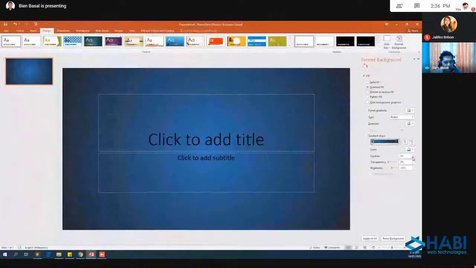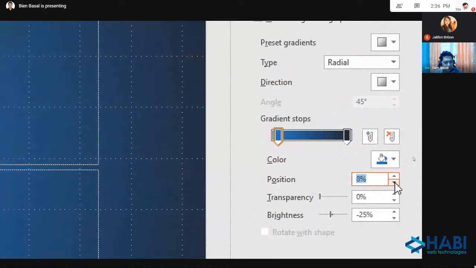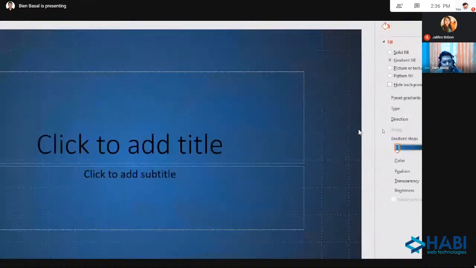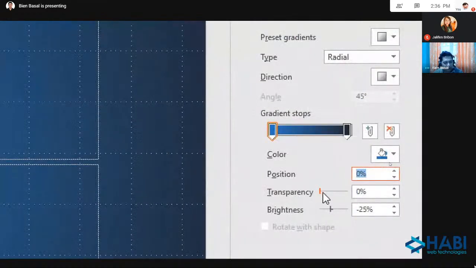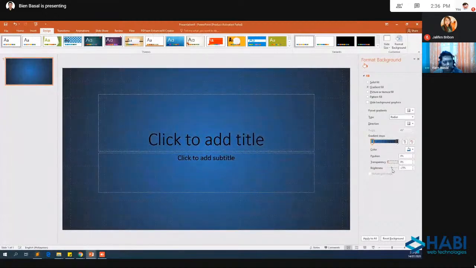You can also change the position. Yan. Position, pwede niyo po siyang i-drag manually or pwede po kayong mag-set po ng values dito. Yan. Kung medyo gusto niyo po ng specific. Okay. We also have here transparency. Yan po yung effect ng transparency natin. I will stay lang po sa 0. And brightness. So siguro, yan yung aking brightness. So yan po, that's one way to apply background using gradient.